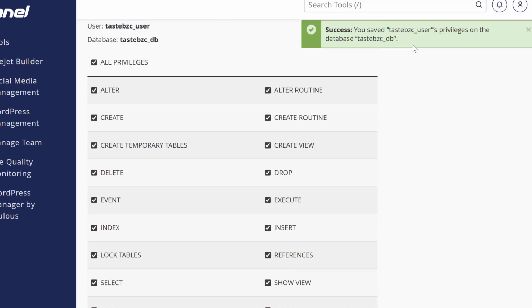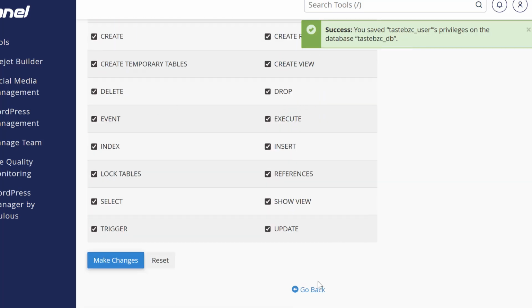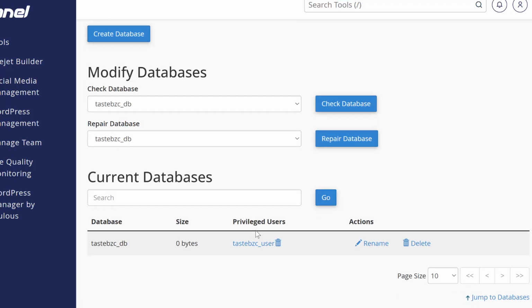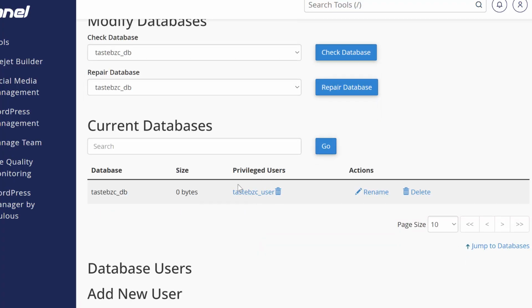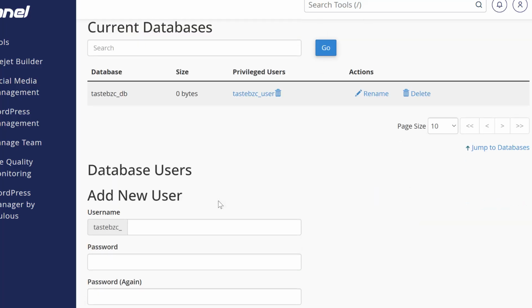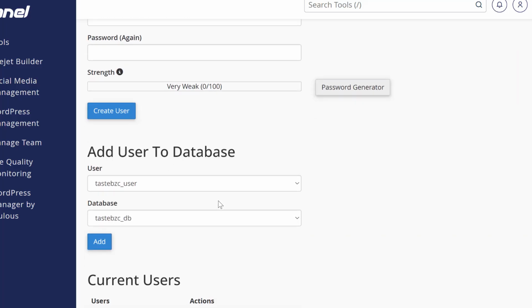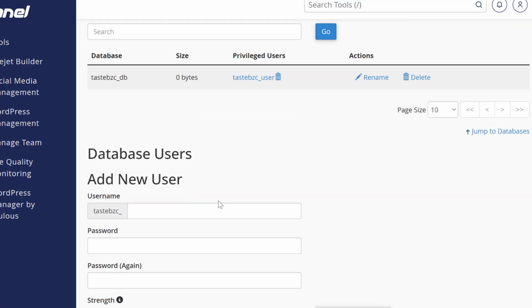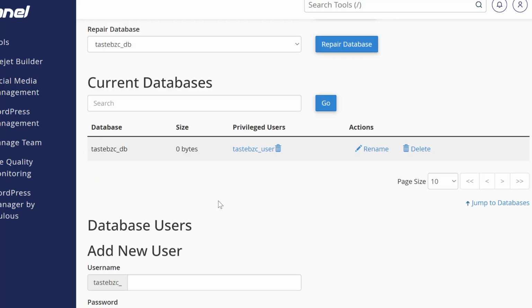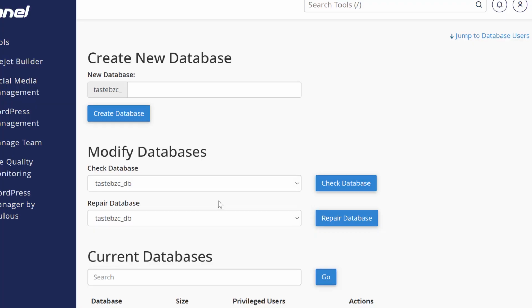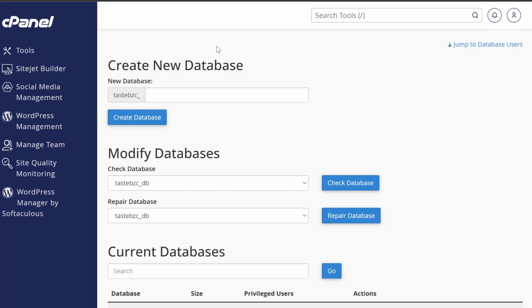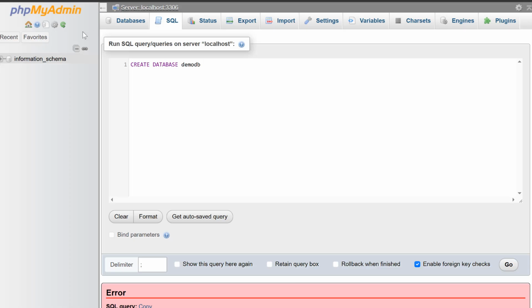Once these have been saved successfully, you click on go back. At this point, you'll see that the privileges have been updated for the database, this much DB. And at this point, you are good to go. It is always the same flow for any relational database that you want to work with. So having created the database user and assigned them the privileges, you always move back to phpMyAdmin and